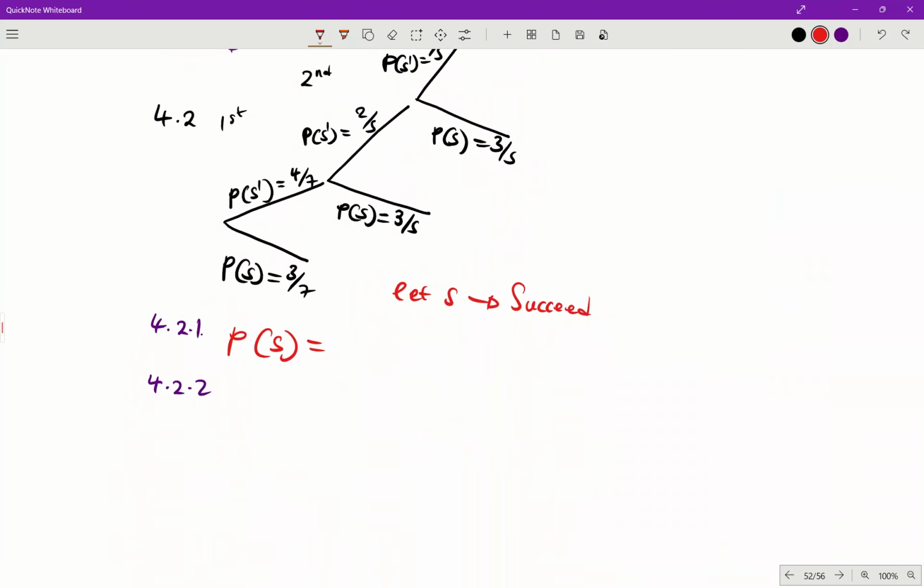So it means now we're just going to say 4, sorry for that, guys. 4 over 7 multiplied by 3 all over 5. So this is the second attempt. Remember, this place is for the second attempt. So first attempt, second attempt, like that. So it is 3 over 5. Sorry, guys. 4 over 7 multiplied by 3 over 5. So the answer is simply 12 all over 35. So the probability of succeeding, okay, let me just say succeed